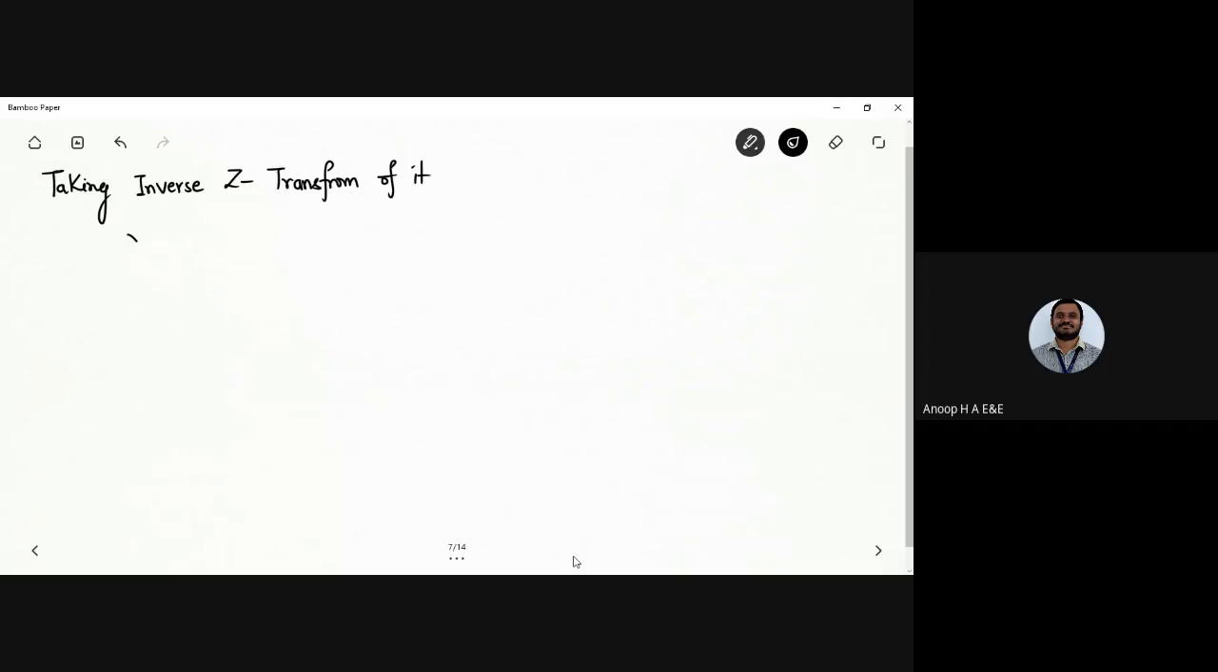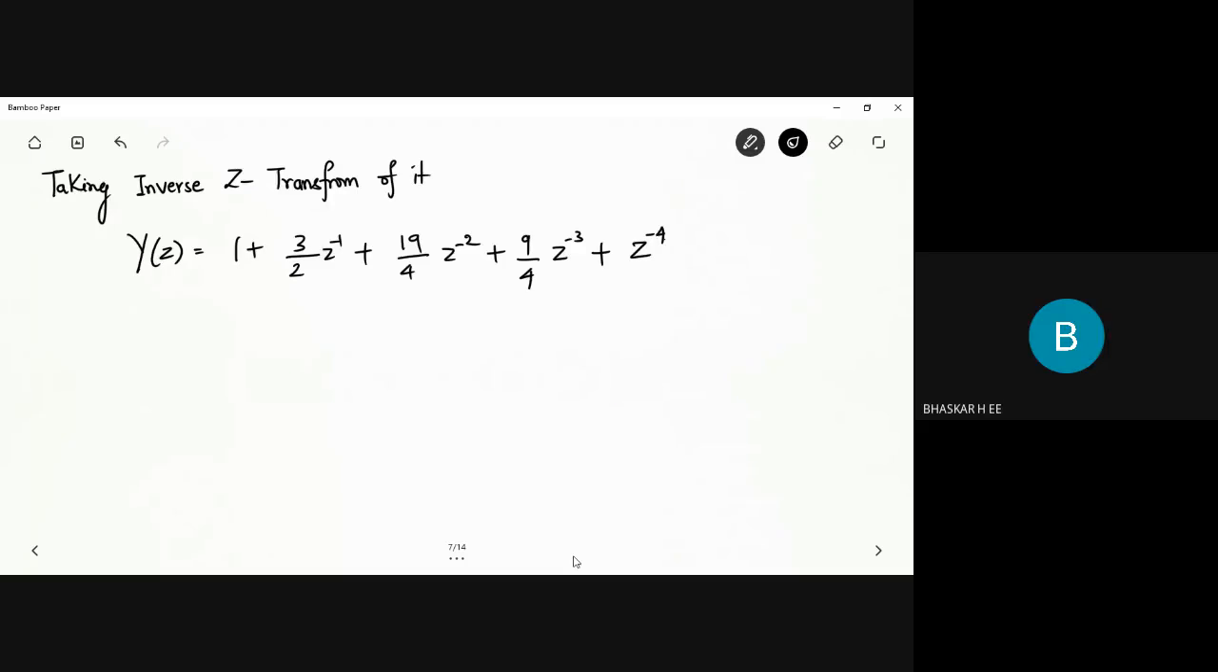Okay, so now I have y of z being written as 1 plus 3 by 2 z power minus 1 plus 19 by 4 z power minus 2, plus 9 by 4 z power minus 3, plus z power minus 4. Okay, so now what we did for x of n, if you can recall,